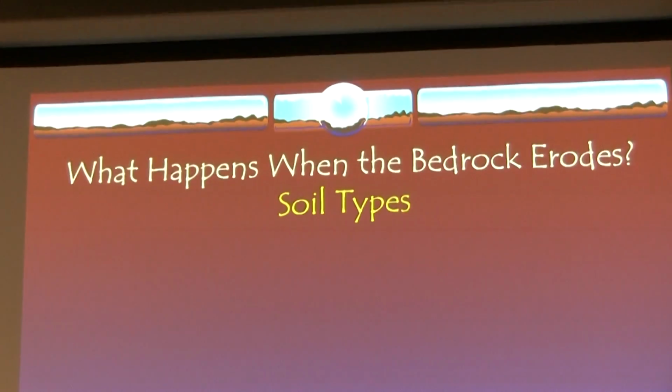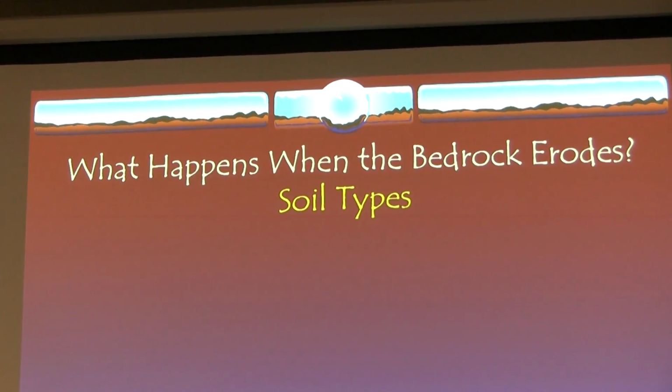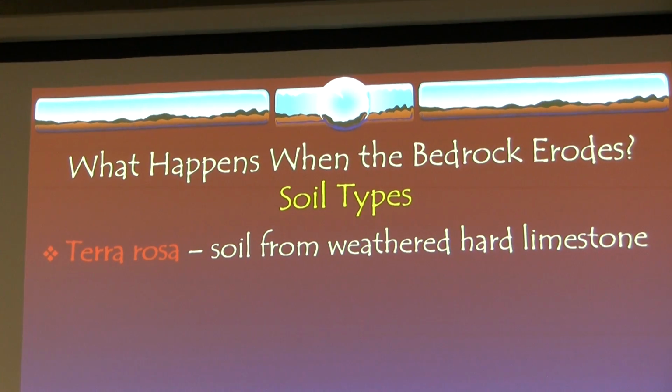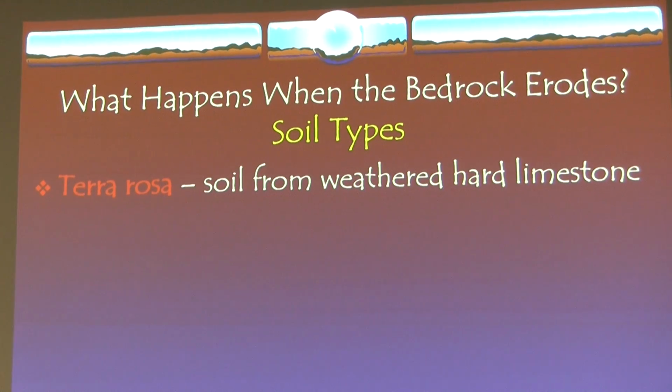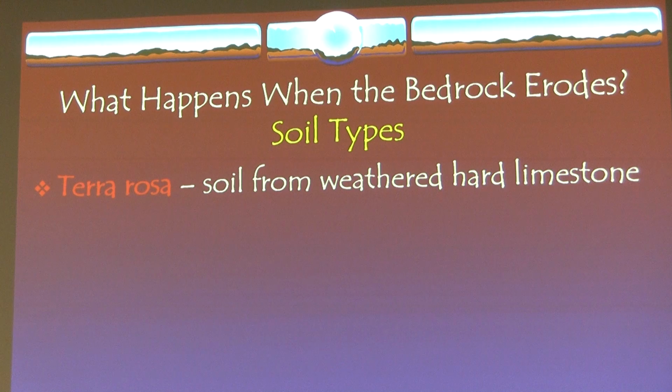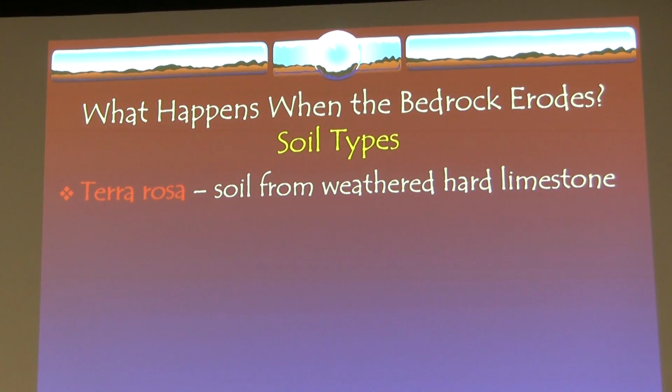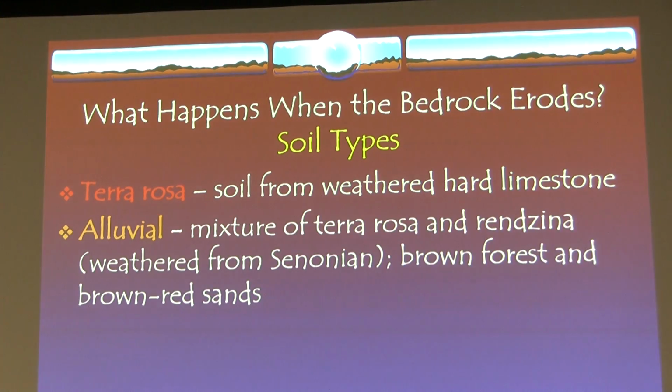A couple things on soil types, and then some illustrations by virtue of pictures of the various regions. Mentioned this already, I can't say it enough. This is the red earth, and it's the soil that results from our hard limestone. So think back to that map you've just been looking at. Most of that map, in the places where we have our tribal allotments, was green. And so therefore, when we have soil weathering away from that hard limestone, you've got great soil.